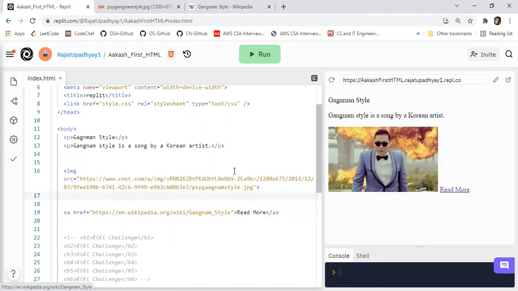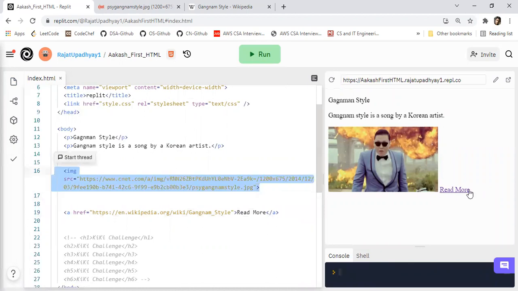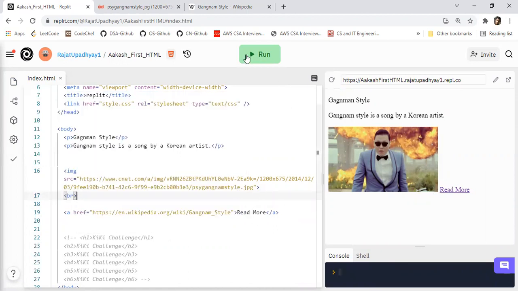This read more is coming directly after this image. Okay, that is not good. It should come on the next line. So there is something known as a break line, BR. BR takes the text to the next line, right? Whatever it is, it will take to the next line. See? If I insert one more. No need of BR slash BR. No, there is no closing tag for it.